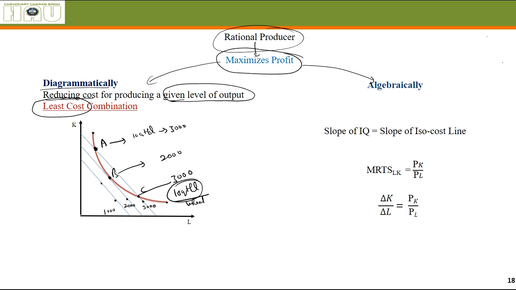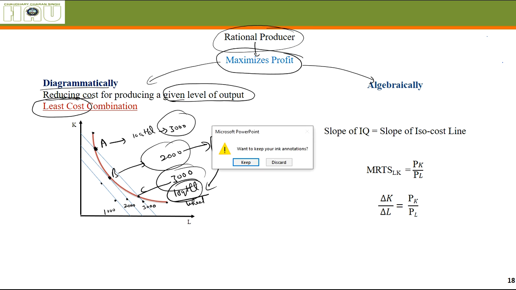What we did is we just superimposed the isoquant and the iso-cost line on the same graph, and this is what we get. So out of these three combinations, which combination should a farmer go for? Naturally this one, because 2000 rupees is the least possible budget with which it can successfully produce 10 quintals of wheat.